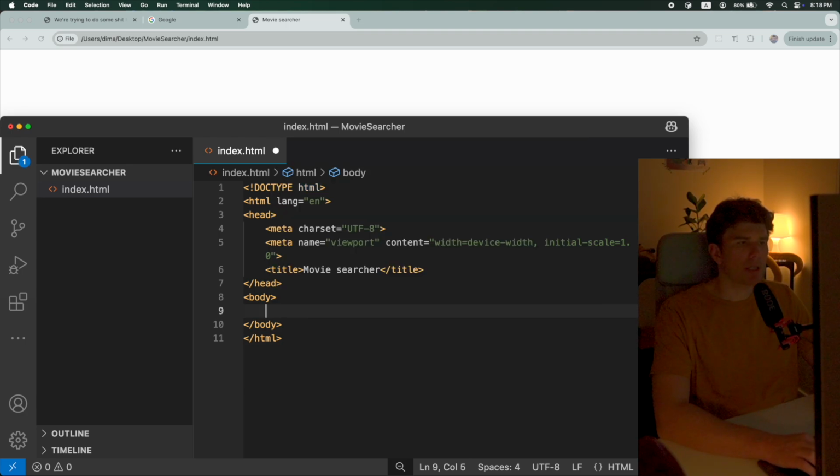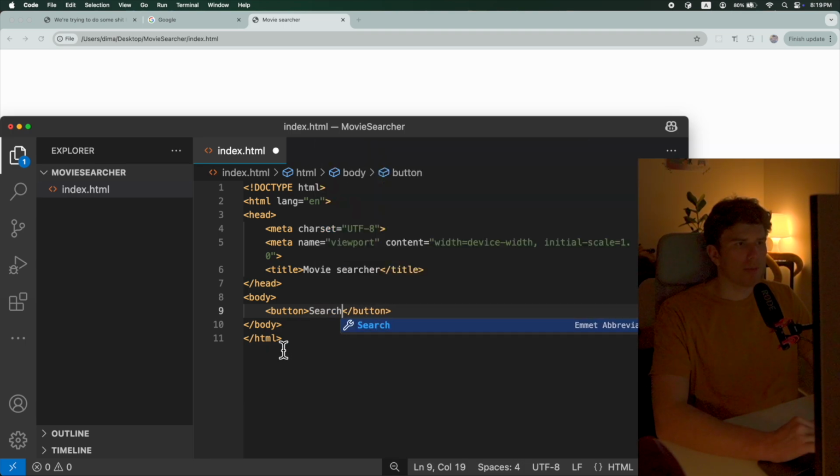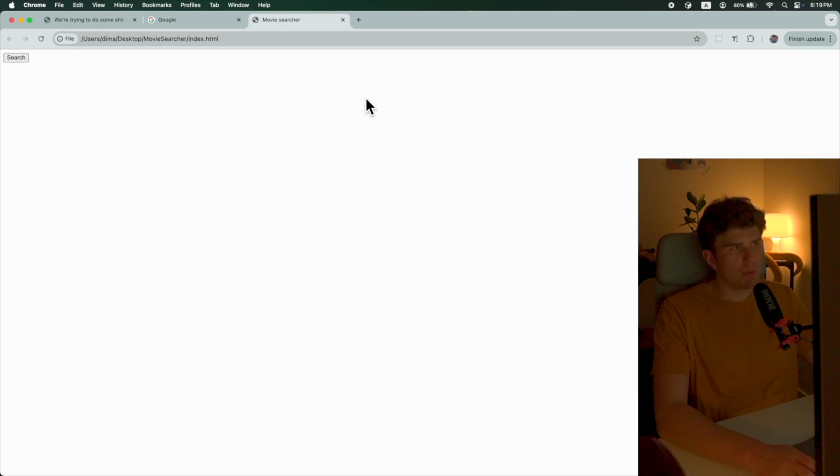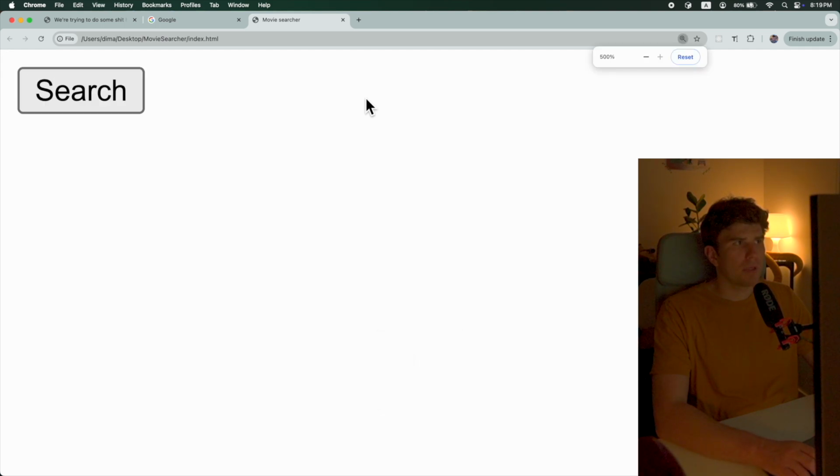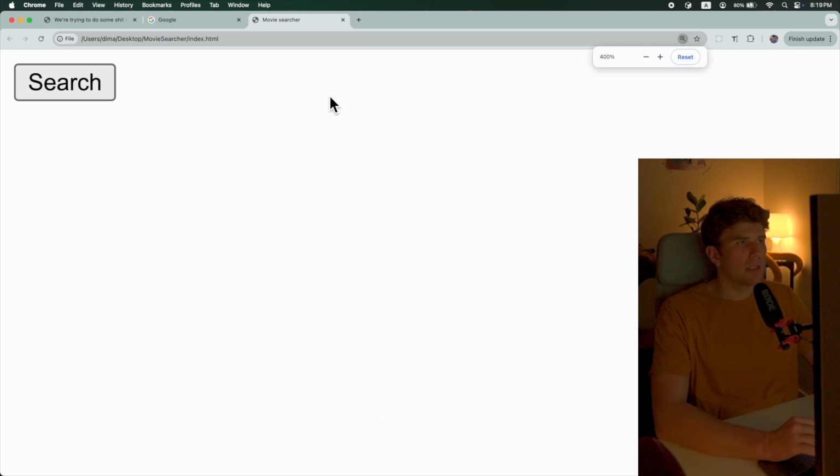Let's display a button, and search, and this will display the search button. Okay, and if I click on the button, nothing happens, but let's display